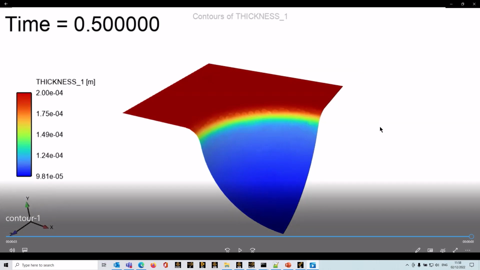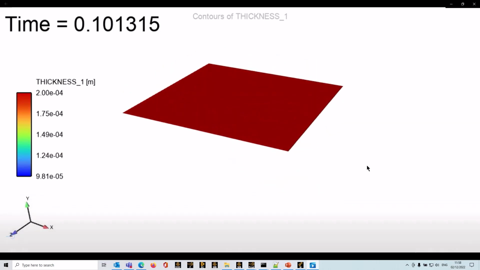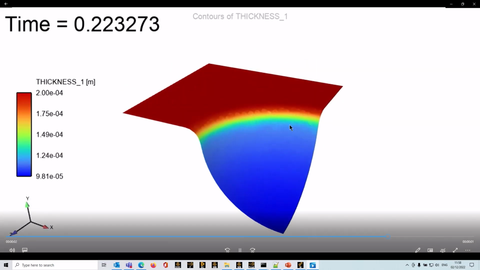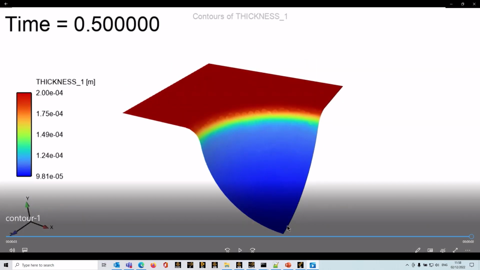So let's take a look at the animation here so we know what we're aiming for. We've got a film which is being pushed into a mold and it's adopting the shape. Okay, so it's a quarter symmetry model and a nice simple example to get you started with blow molding using